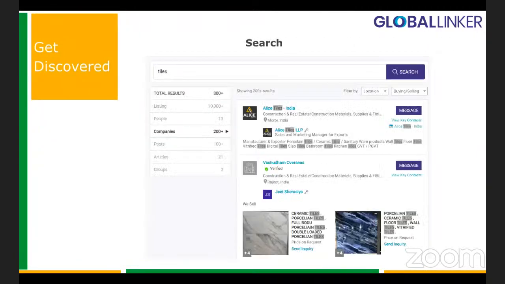Now that your profile has been created, like we said, one of the things which the platform would do is it helps you get searched on the platform. It helps you get searched on the web. So this is just an example we have taken. If a buyer is looking for tiles, that would give out certain results like this. You would see it coming up in your products. The search would throw it across the company name, description, the product title, product description, everything.